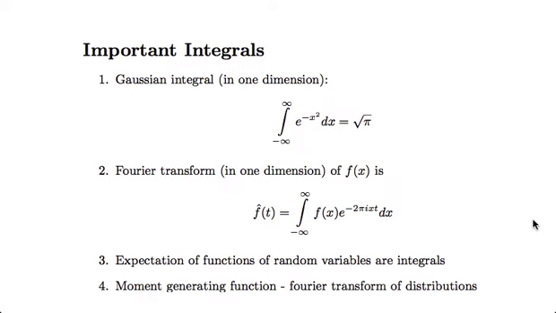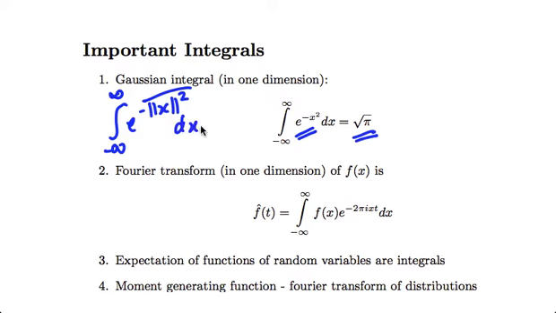Let's look at some important integrals, some examples which you will come across quite often actually. One's called the Gaussian integral. In one dimension, it basically says that if I integrate e to the minus x squared from minus infinity to infinity, then I get root pi. And this you can think of as a one-dimensional integral. The same thing in high dimensions would be written something like the integral from minus infinity to infinity of e to the minus norm of x squared